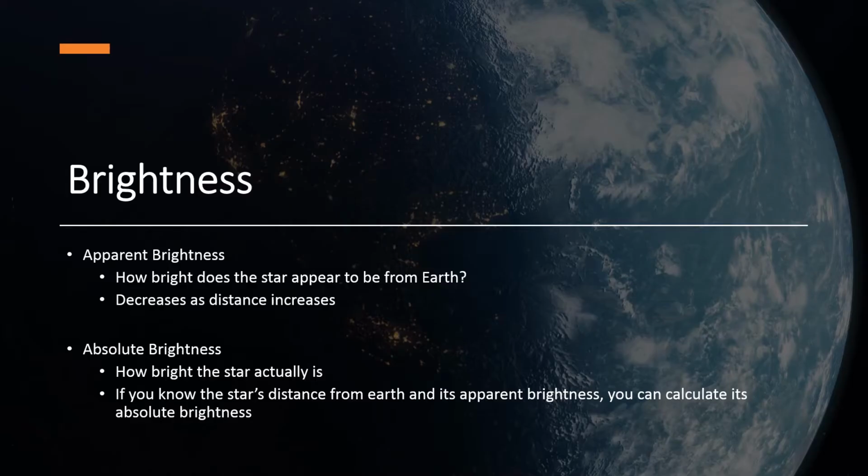Notice that the yellow star, like our sun, is pretty much right in the middle there at about 6,000 degrees Celsius. Categorizing stars by brightness is a little bit more tricky because the apparent brightness, or how bright a star